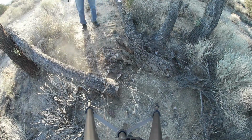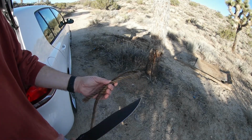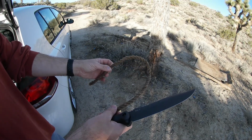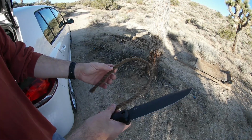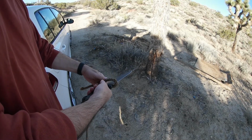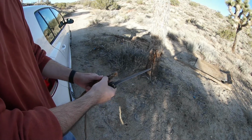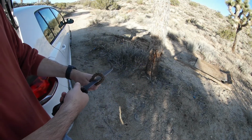Nice. This is officially my favorite tool. Found some rope on the property. Going to use it to haul all that cactus that I just chopped down with the machete. So let's see how well the BK7 works, just to test it out. Scares me, man. Wow. That's like butter. Oh my gosh. I thought that was going to be a lot harder, but...